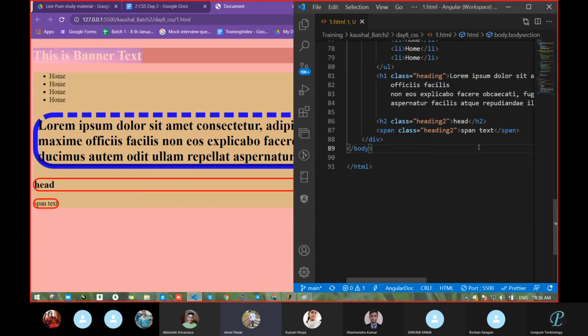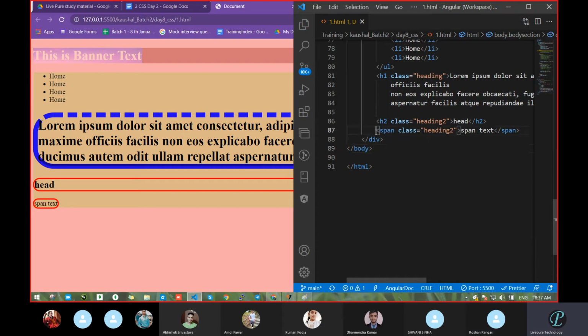Sir, span is for particular text in place, and H2 is the... No, that's not it. Shivani Kumari, so strong this text? Bold? That's not the issue.